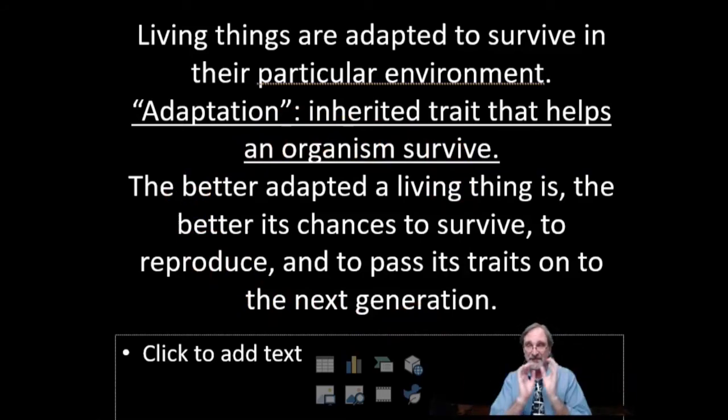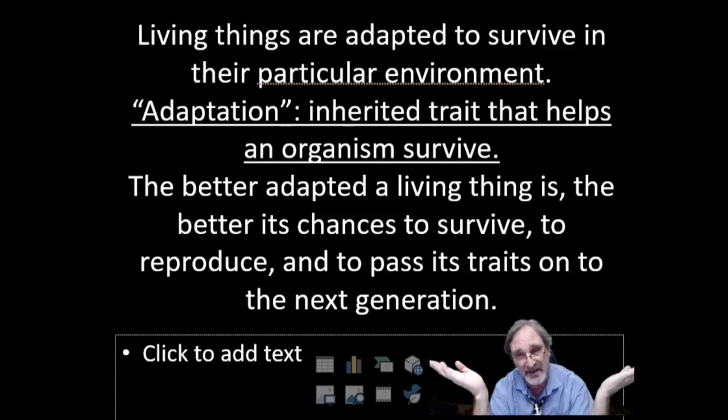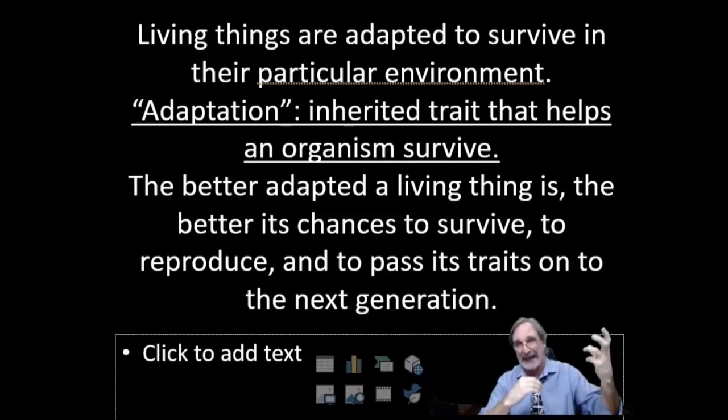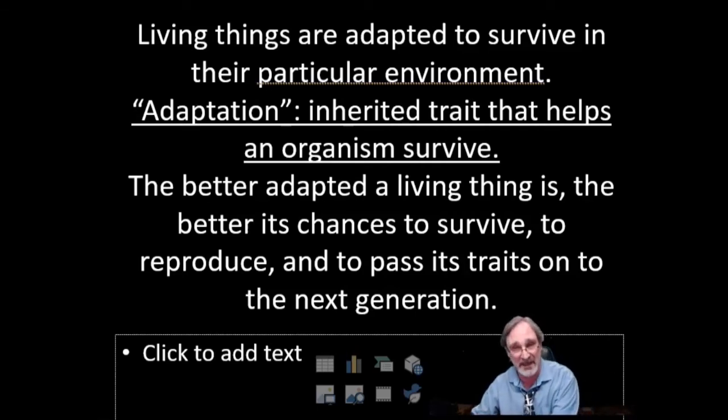The things that fit in with their environment will survive long enough to have babies and pass their physical traits on to the next generations. The ones that fit the environment best are the ones that are going to be able to pass those traits on. The ones that aren't adapted to the environment are going to get eaten or die and won't be able to pass them on. And so their traits will tend to die out. The ones that survive are the ones that fit the environment, adapted to it.